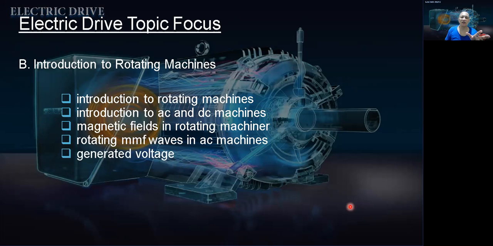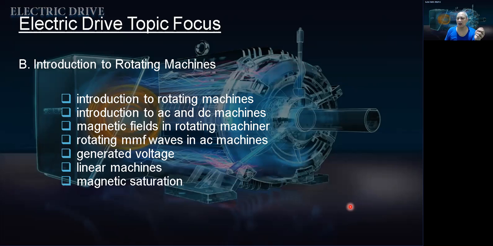And generated voltage. How much voltage is being generated? Because we're talking also about generators here. And then linear machines. So there are machines which are linear motors. We'll talk about it briefly. And then magnetic saturation. So we will discuss, I think, in the first part about how actually